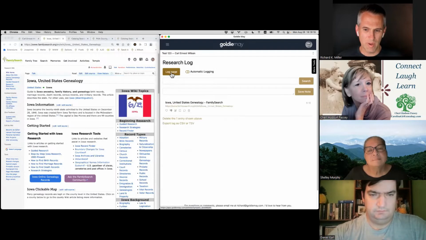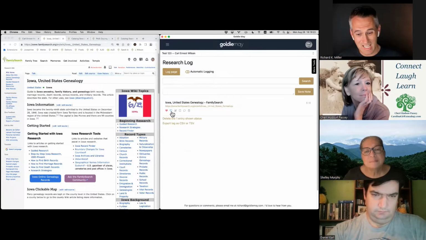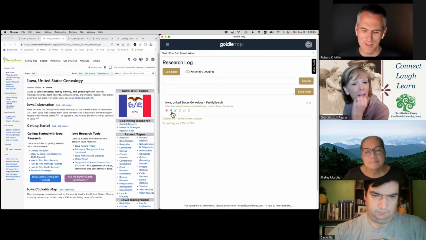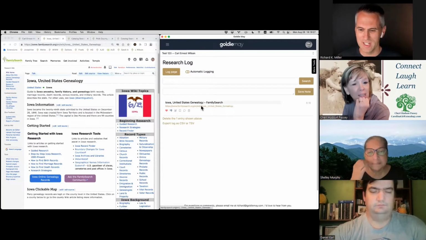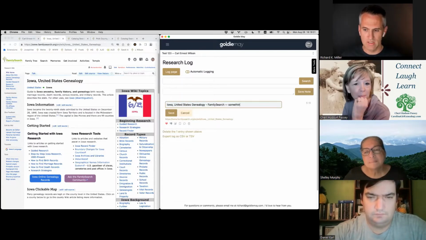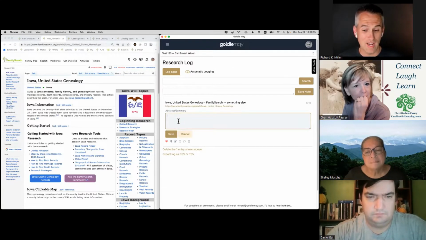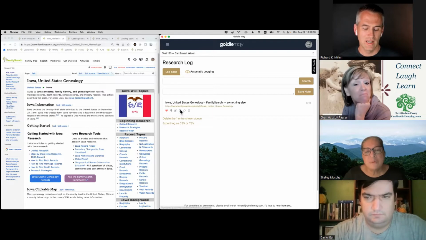If I click log page, that drops the URL that I'm looking at into the log, and I could like it or dislike it. It's a negative result that didn't answer my question. I can change the title to something else, and there's an option here to create an abstract or summary from the page, and a place to leave a citation for the page.